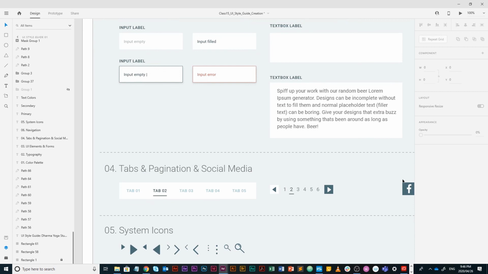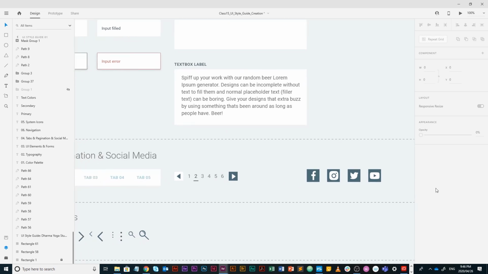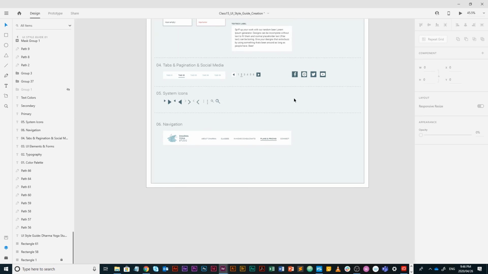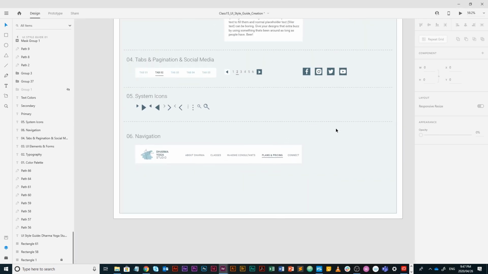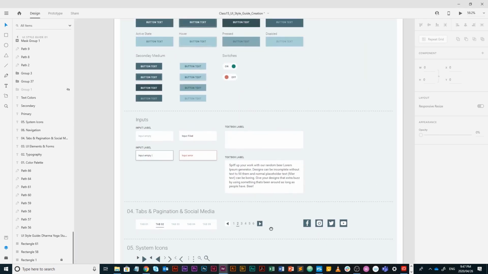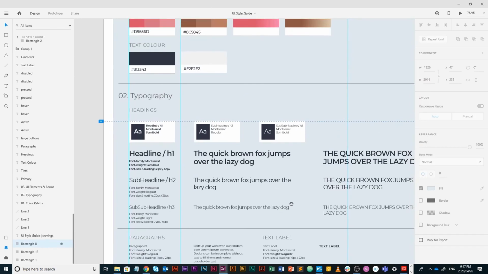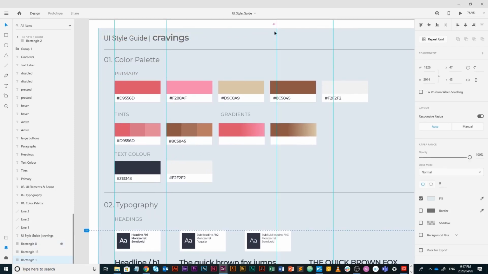Table and pagination is super important. And then lastly, decide on how your social media is going to look. And then obviously your navigation. So what does the hover look like in your navigation? Again, you have to use the same kind of rhythm, the same kind of, let's call it, color system that you've used across your style guide. So if we look at ours, it looks really cool. If we just move this up again,